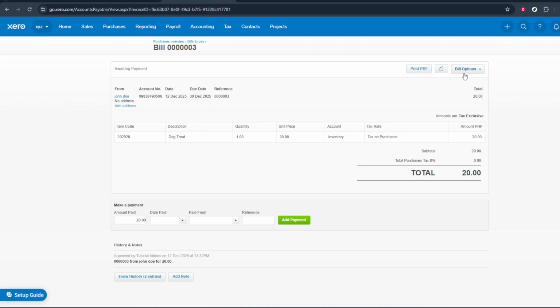Now, from the list of bills, carefully select the bill you want to remove. Take a moment to double check you're opening the correct one by checking the supplier name, the date, and the amount. Click on that bill to open its full details. This will bring you to the individual bill screen where you can see all the line items and information associated